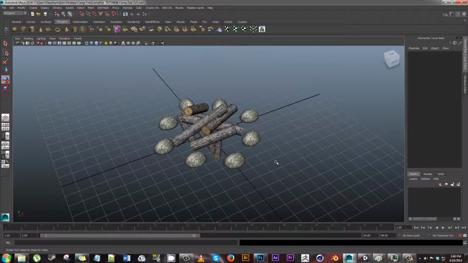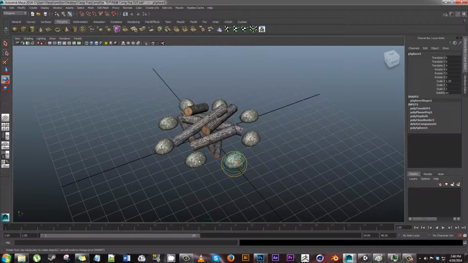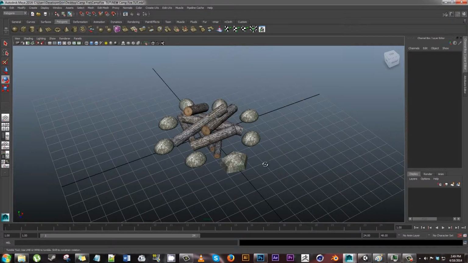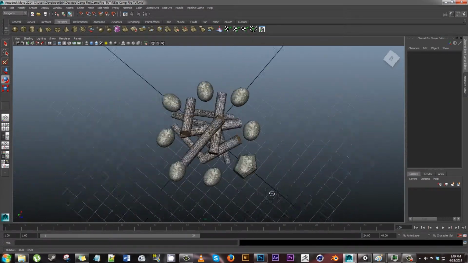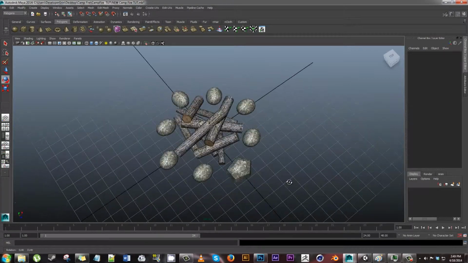I did put an annotation in one of the first 3 videos because I forgot to do something that's pretty critically important, and that is when we were working on this, it started out like this, and we hit 3 to display what it would look like were it to be smoothed. But when you save it, you're not saving the display smoothness, as you see here. You're saving the actual model, which, even though the rocks don't look great, they look a lot better than this